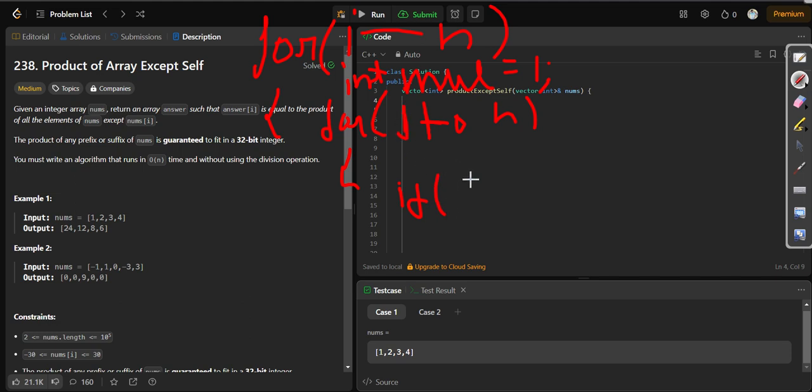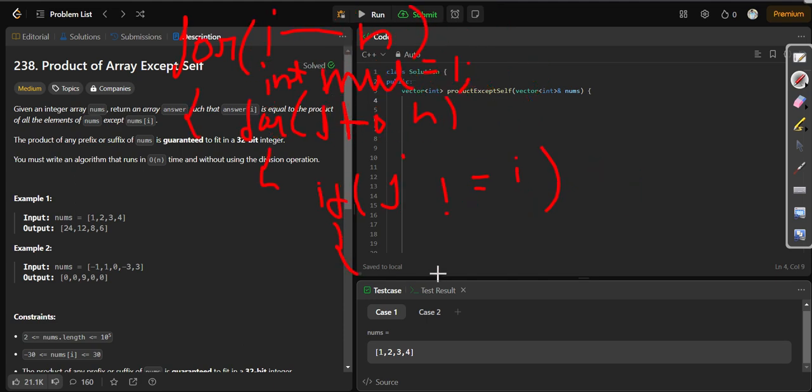It will be j: if j is not equal to i, then only we will multiply it.